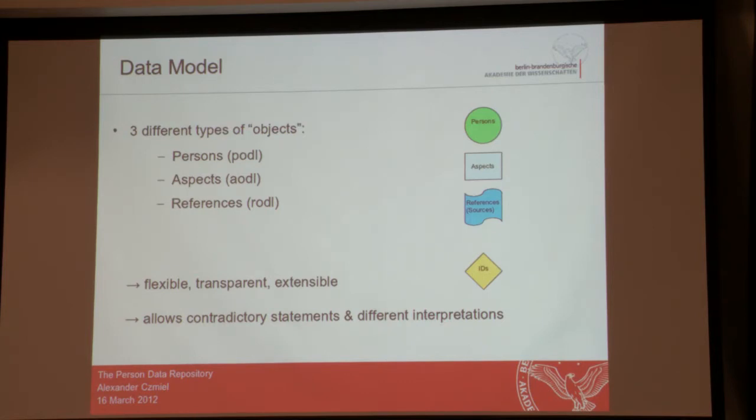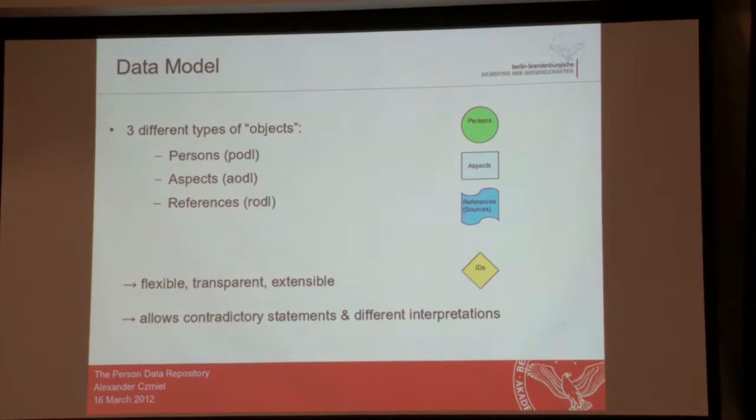The important points for us were that it had to be flexible and transparent. Every time it must be clear where the information comes from, which source, and who is responsible for extracting this information from a source. And it had to be extensible. Why? I know you surely think that three objects are not enough, and you're probably right. During the first project phase, we realized that yes, we need more.